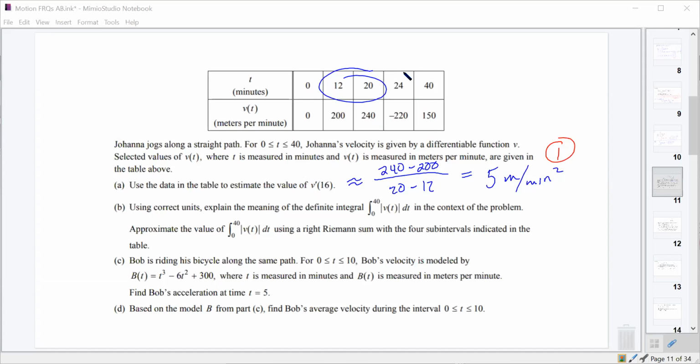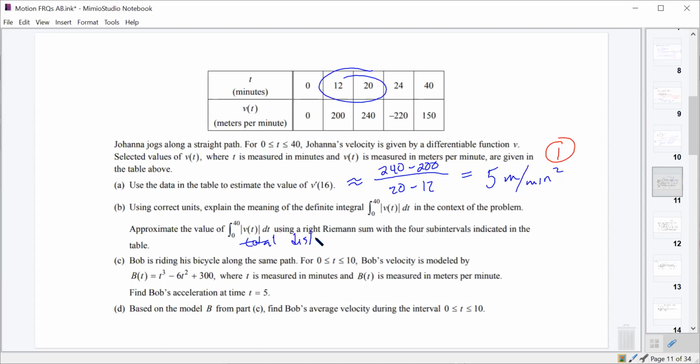All right, part B says, using correct units, explain the meaning of the definite integral from 0 to 40 of the absolute value of v of t. So the meaning of that should be, since this is the absolute value of velocity, that's speed, and when you integrate speed, you get a total distance traveled. So we would say something to the effect of it's the